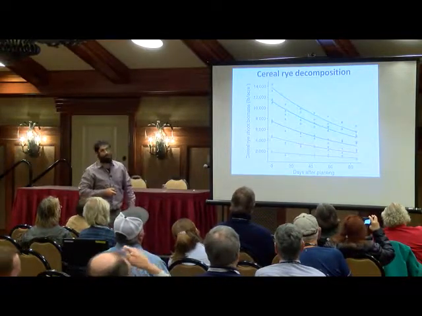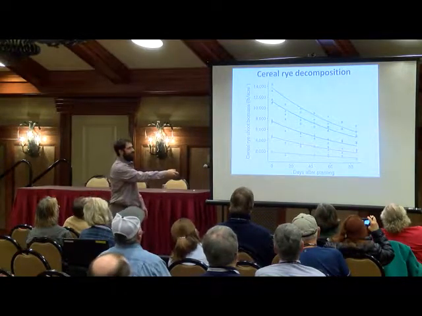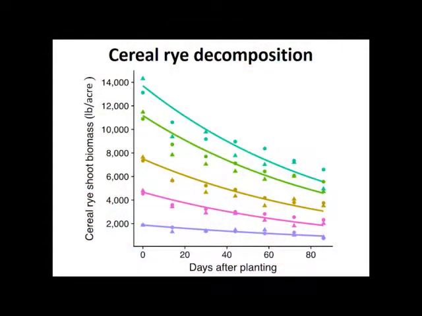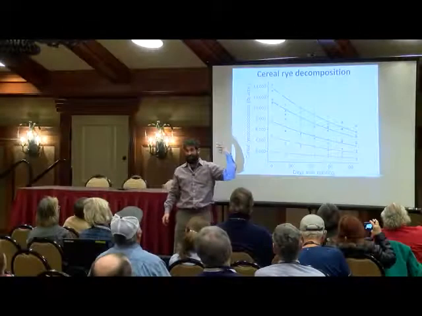And this plays out regardless of biomass. So if you've got a little bit of biomass, you've got a lot of biomass, basically you decompose, and the more you start with, the more you end up with in the case of cereal rye. There is this little bit of an effect when you get really big that you get actually faster decomposition,